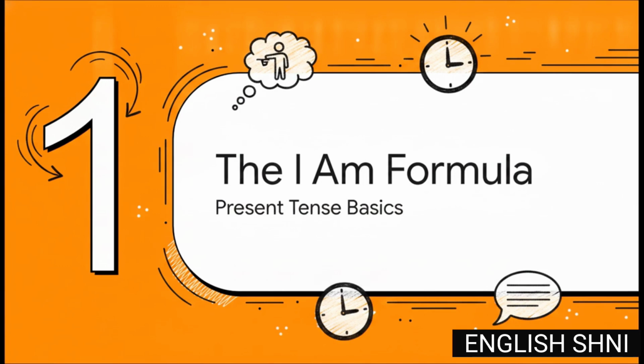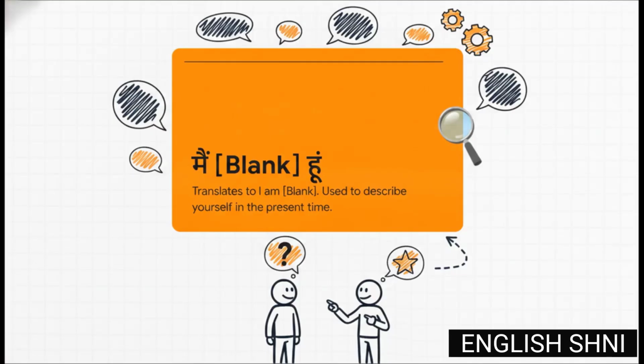Section: the I am formula. Here's the real beauty of it, and it's all about how perfectly the structure translates. In the original language, you start with the word for I and end with the present tense marker. Well, in English, that identically mirrors the phrase I am, leaving a blank space right in the middle for your descriptive word. This is your unbreakable rule for the present tense. Whenever you start a thought about yourself right now, in the present moment, you just say, I am, and fill in the blank. It really truly is that straightforward.